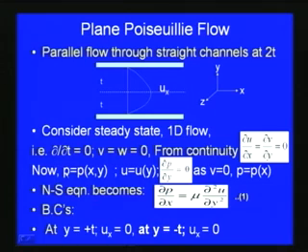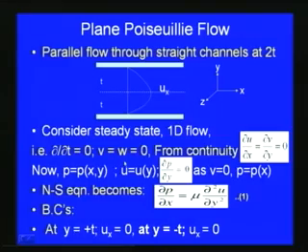So, now the pressure variation P is a function of x and y, and we can see that the U is varying only in the direction of y. So, U is a function of y, and also in this particular case, del P by del y is equal to 0 as V is equal to 0. So, the pressure is varying with respect to x, and the velocity is varying with respect to y.